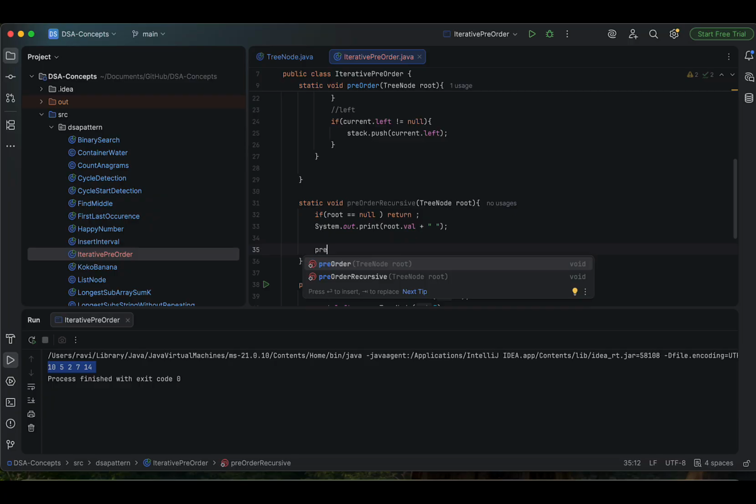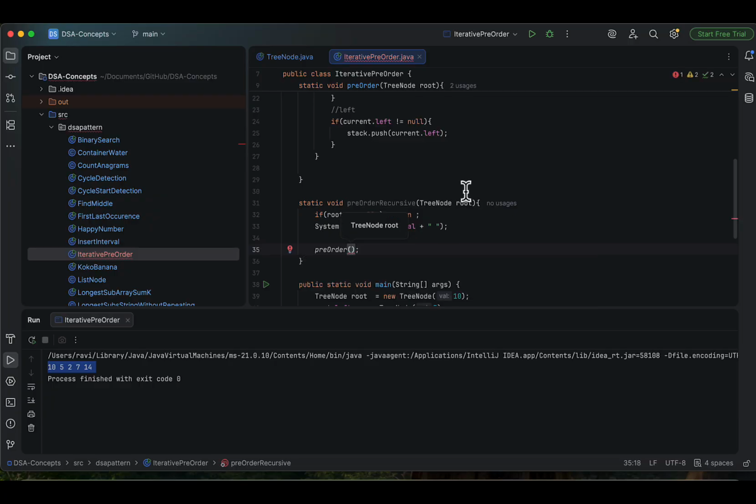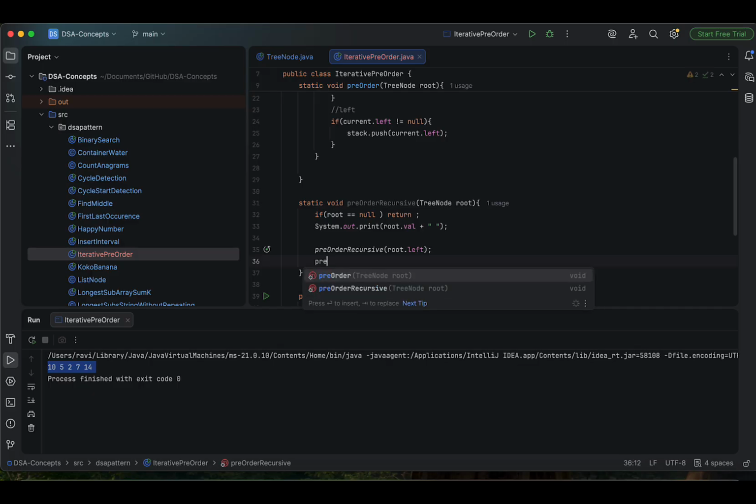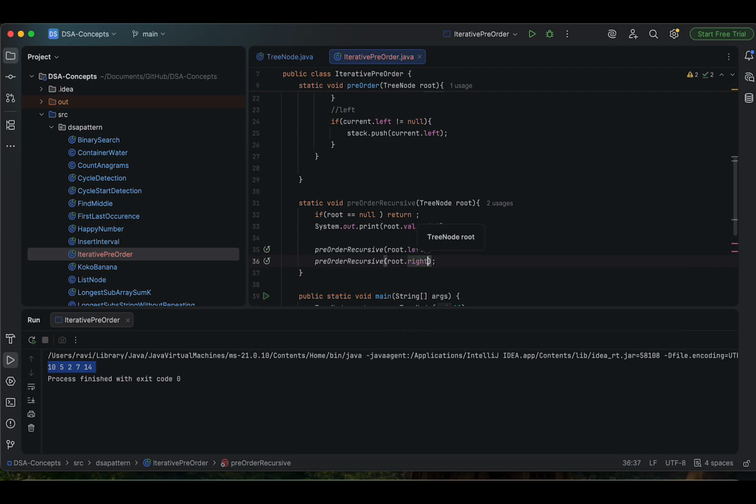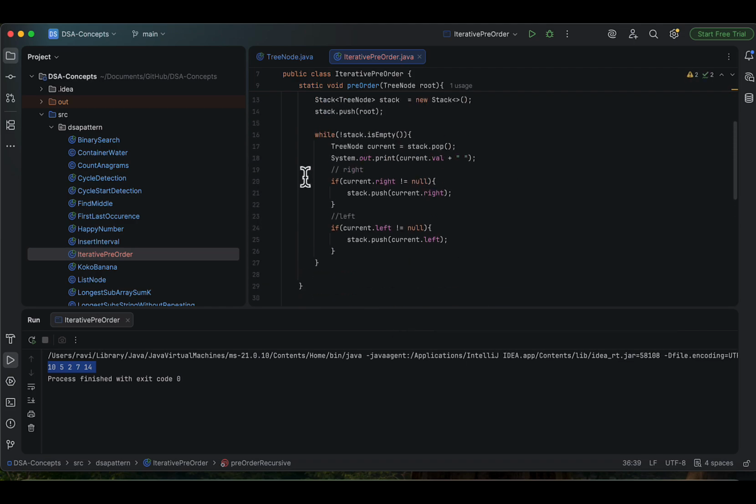PreOrder, same method I'm going to call this recursive, right. So I'm going to call this method again with its left, root dot left. Once this is closed, then again I'm going to call the same method with root dot right. Alright, that's it. So this whole program now